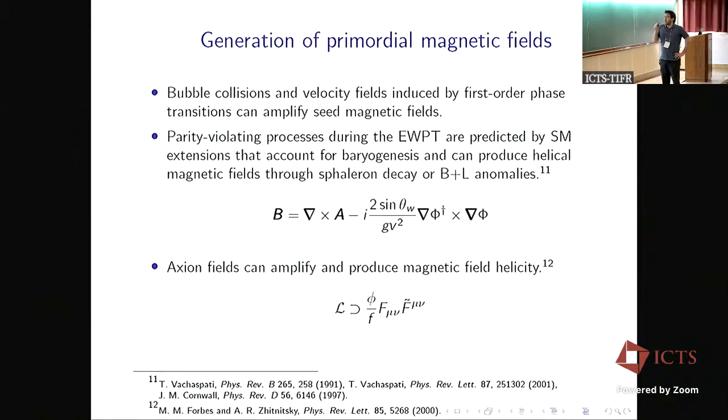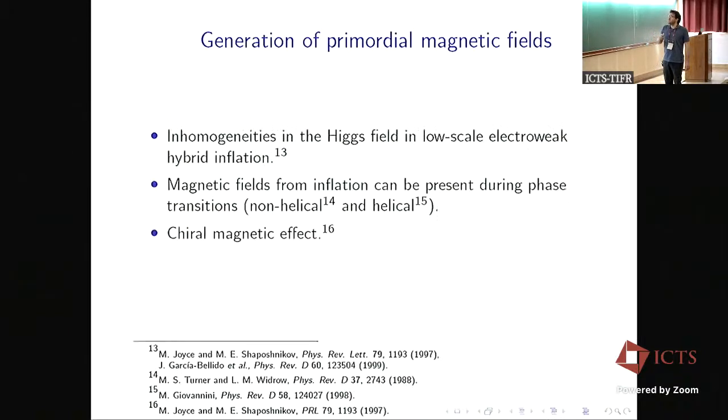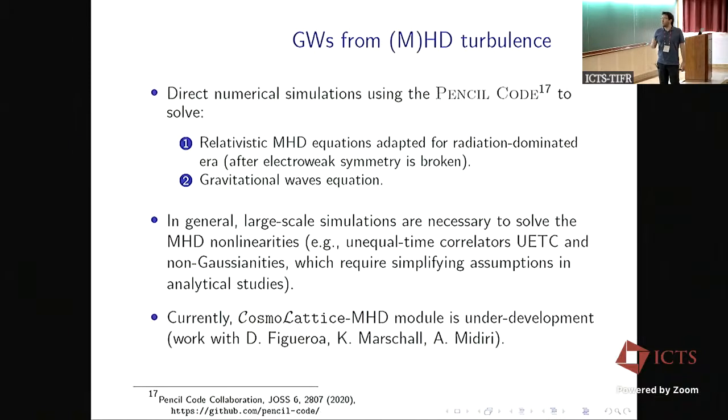At the same time, we can also think of some type of coupling to an axion-like particle, which is effective, for example, around the QCD phase transition. If we have a seed magnetic field, this could amplify the magnetic field and lead to the production of turbulence. I find that a quite interesting mechanism to produce turbulence, for example around the QCD scale, without requiring a first-order phase transition. In this case, we would only have the contribution from the MHD turbulence production. There are a few more ways to produce magnetic fields that I will not go into detail now, and I will start discussing the production of gravitational waves and how we are computing these numerically from MHD